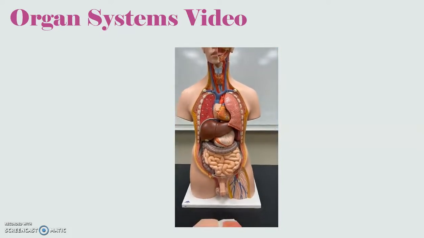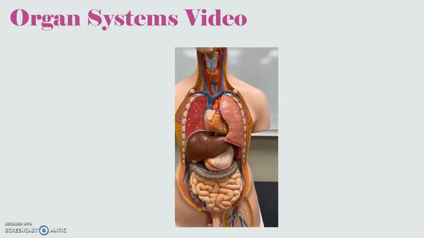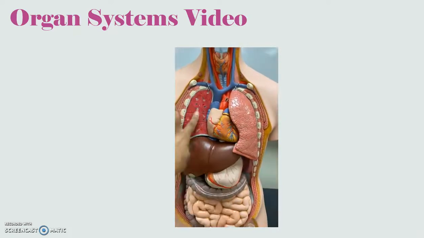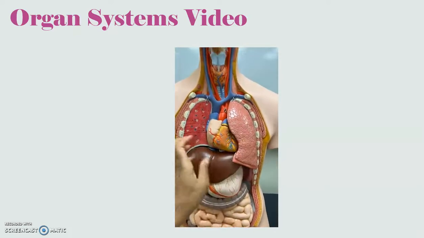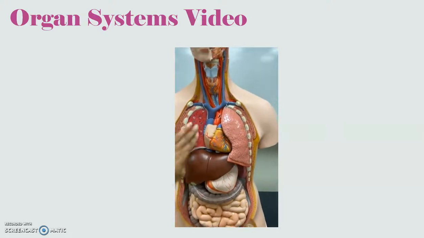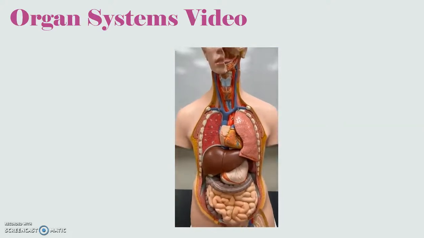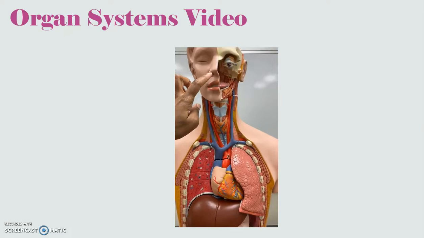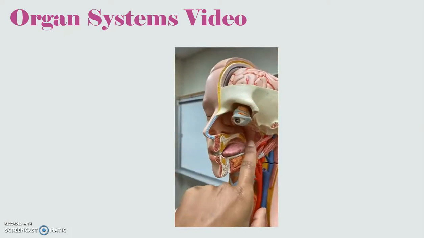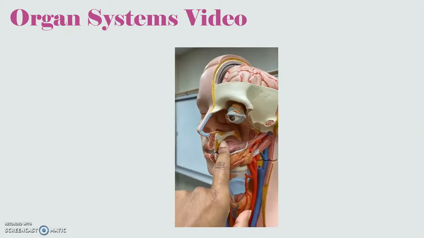Then we have the respiratory system. The respiratory system, you can see, is represented here by the lungs. We have two lungs, which are separated by the heart. So this will be the right lung. This is the left lung. And then we also know that the nose, the nasal cavity, the oral cavity,